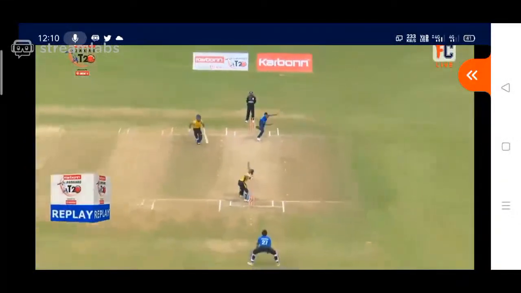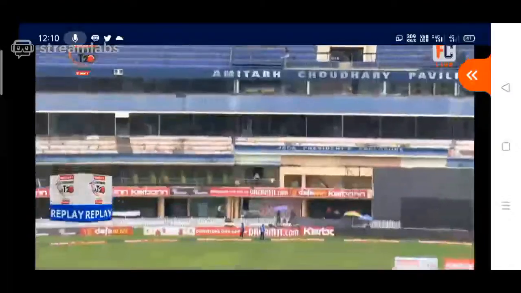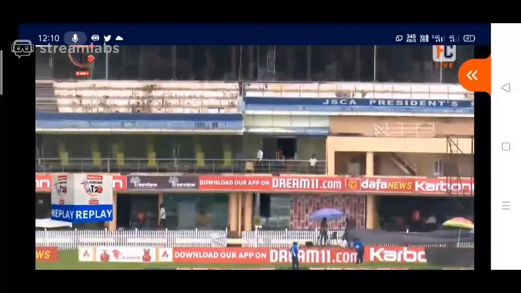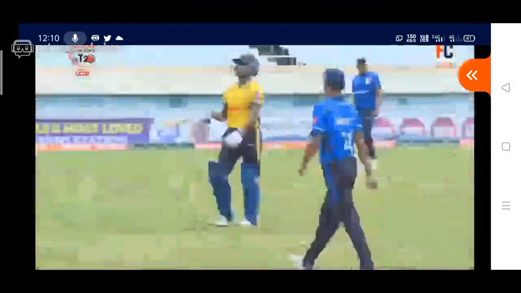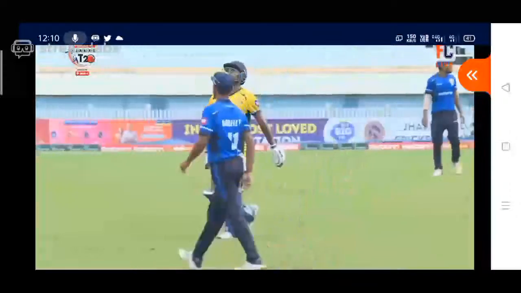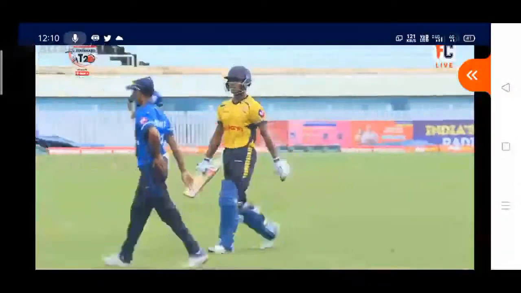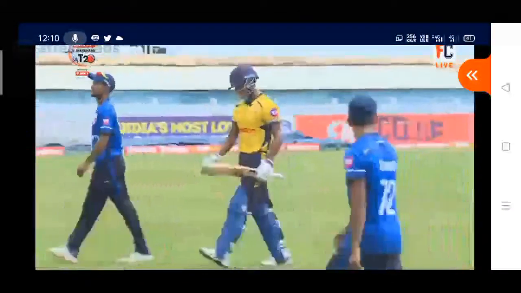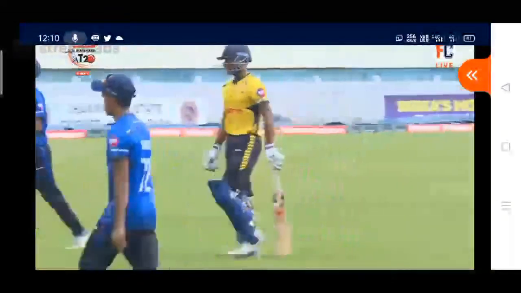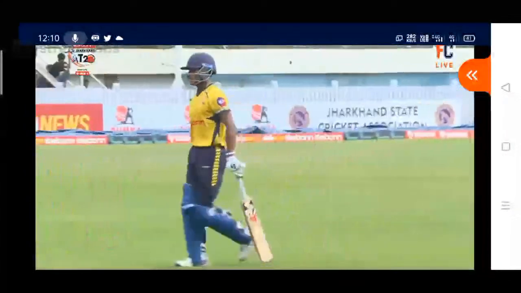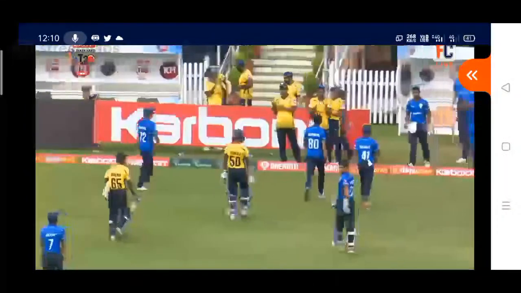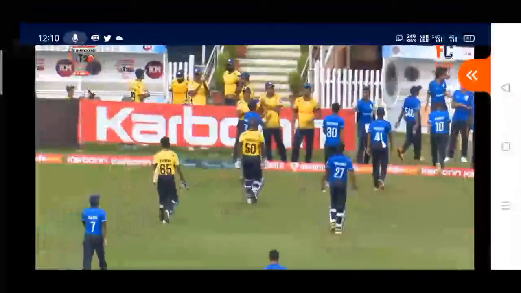Look at this shot. Taken second on the full, hit hard and high over between on who looking at the ball going over his head for 6. So 77 for 4 after 8 allotted overs, and that's the total number of overs completed for Ranchi innings. After having lost the toss, Ranchi were put into bat by Dumka.